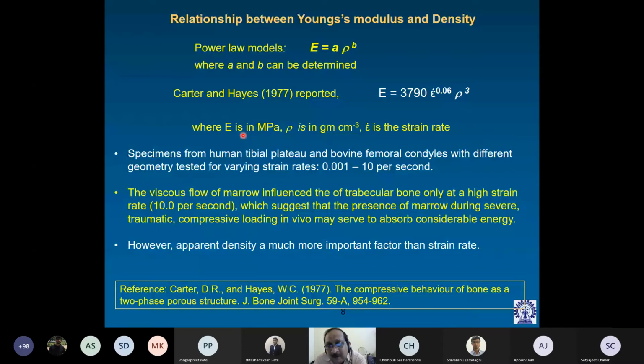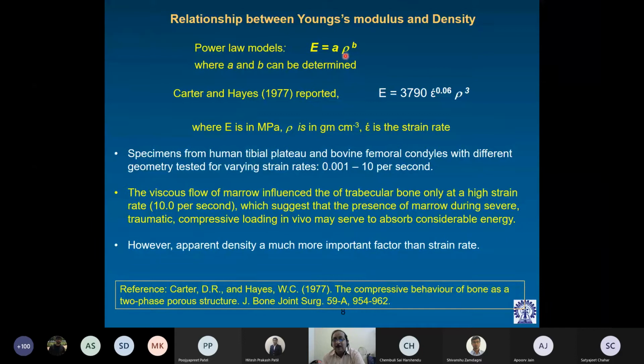But finally, the power law models have been well established, which is more of an empirical relationship. Now, as you can see, E is related to apparent density through a power law relationship where A and B are constants. Okay. Now, A is a constant and B is the exponent. But generally, E is related to rho depending on the structure, depending on the location of the cancellous bone within